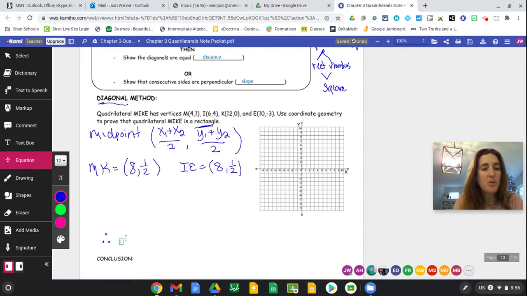And if I know that they have the same diagonals sharing the same midpoint, I know I can make a concluding statement. So I'm going to say that